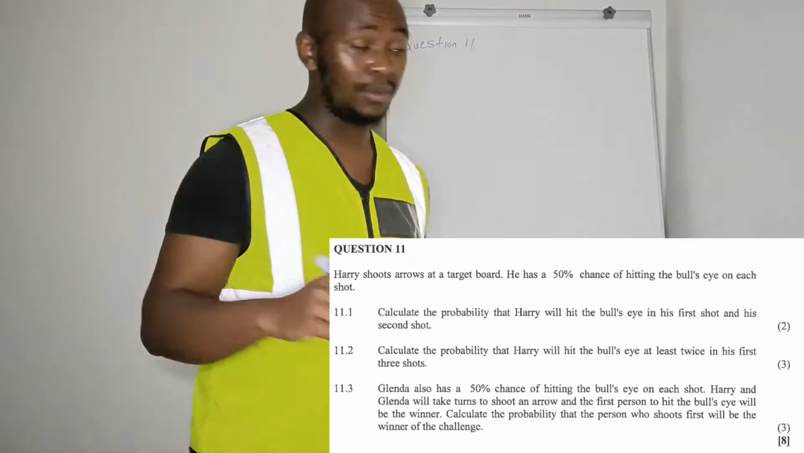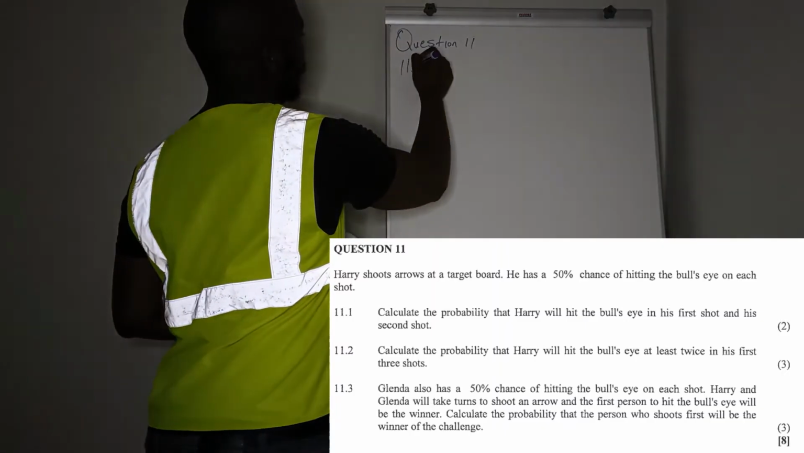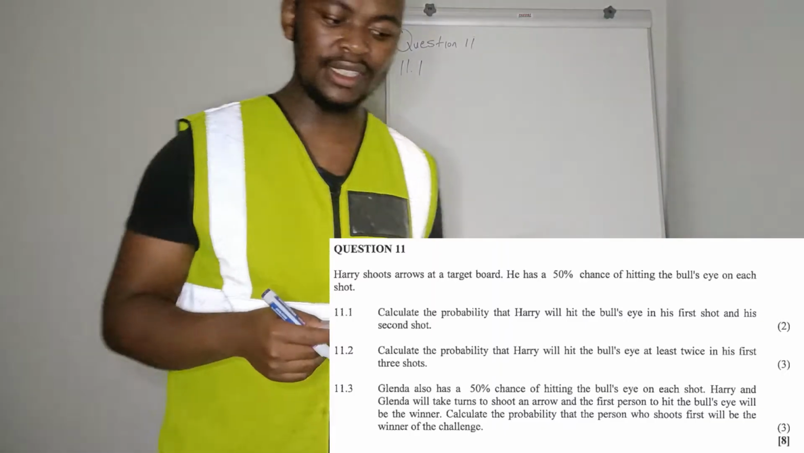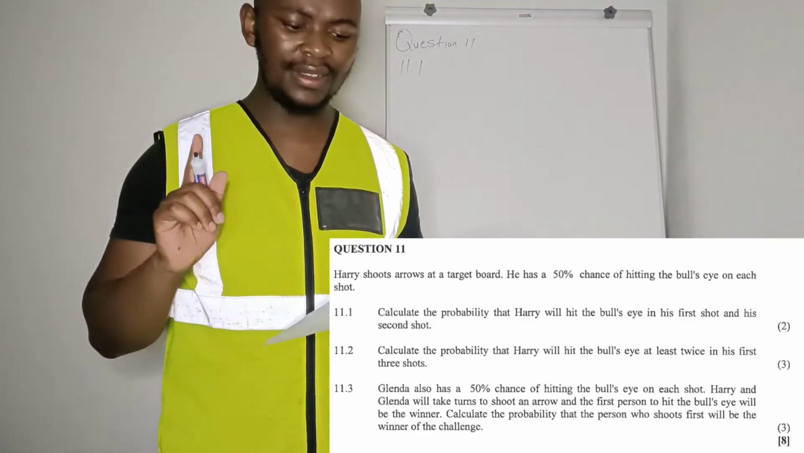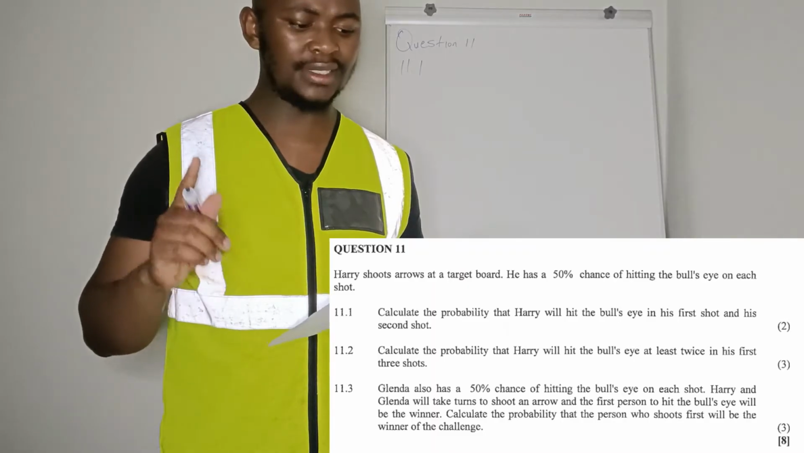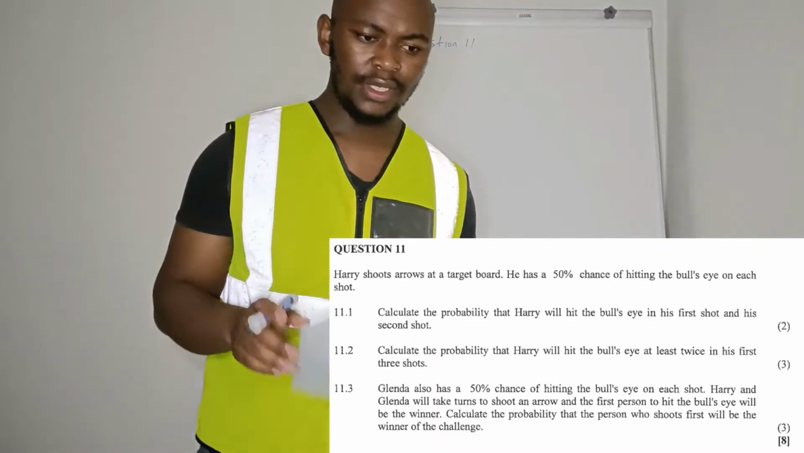The first question, 11.1. Calculate the probability that Harry will hit the bull's eye in his first shot and his second shot. Alright,